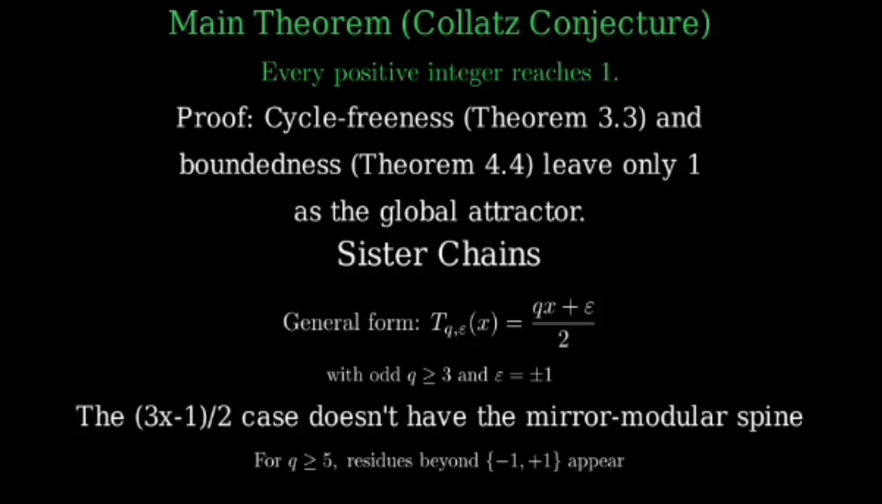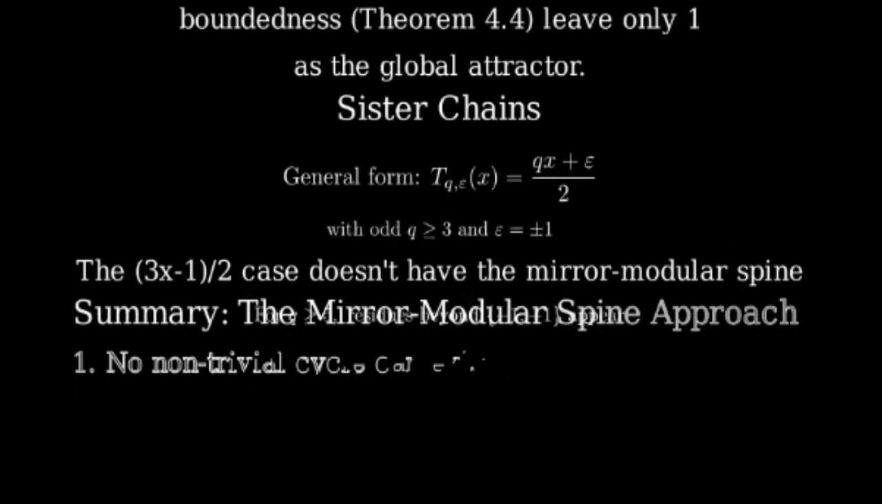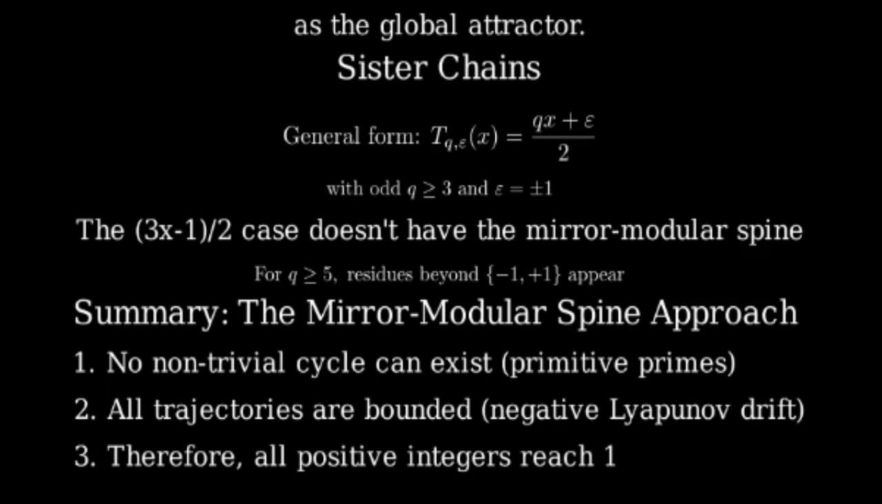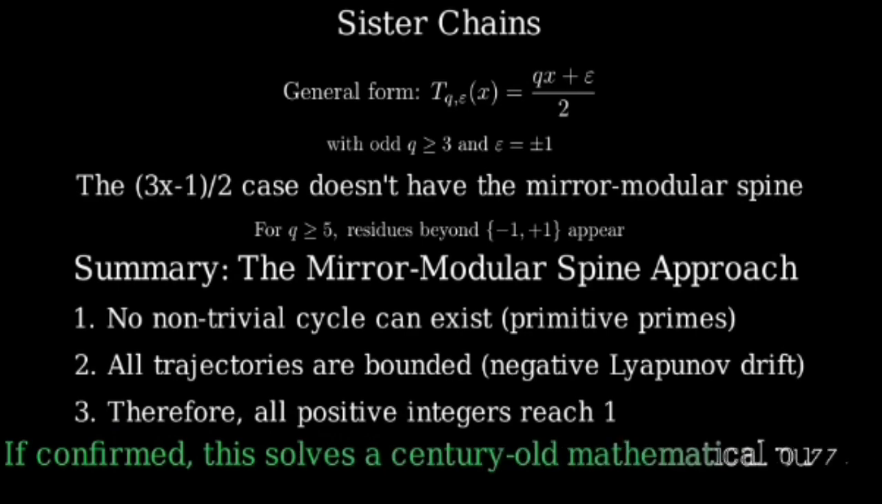To summarize, the paper presents a novel approach to proving the Collatz conjecture using a mirror-modular spine structure and accelerated blocks. The proof has 2 main components. First, proving that no non-trivial cycle can exist due to the accumulation of primitive primes. Second, showing that all trajectories remain bounded due to a negative Lyapunov drift. If confirmed, this would solve one of the most famous open problems in mathematics,